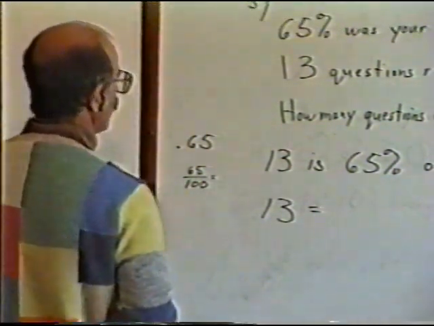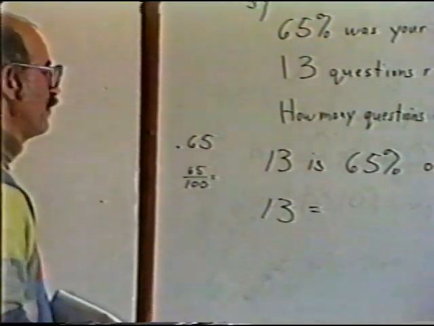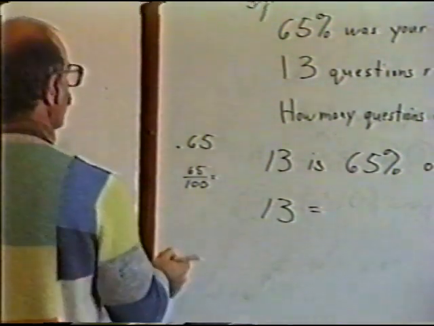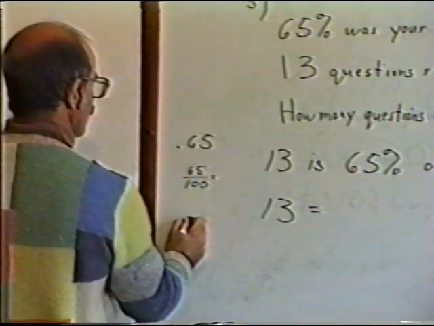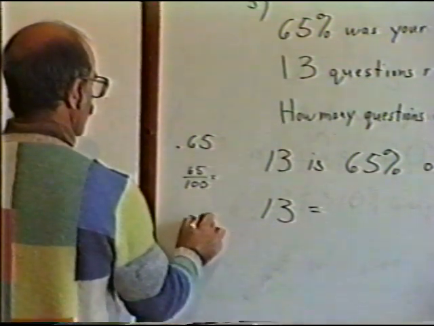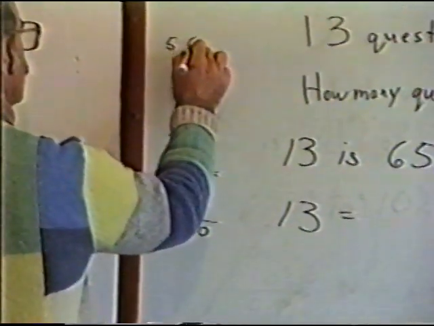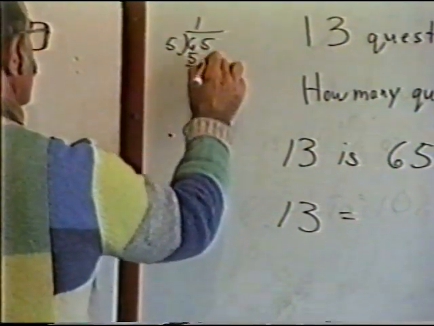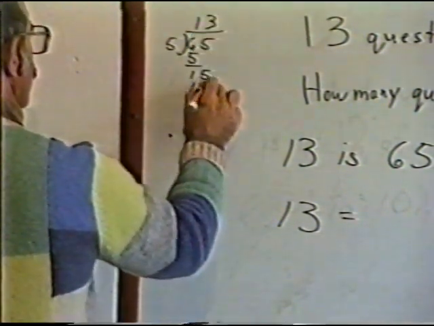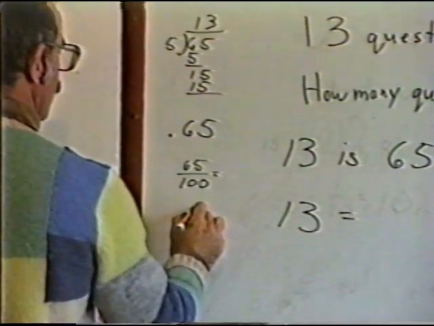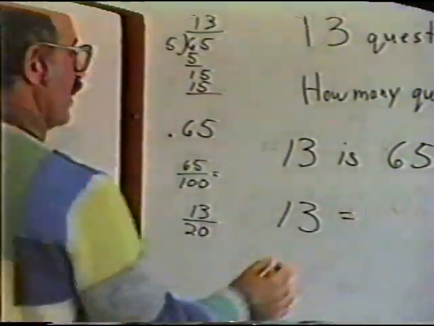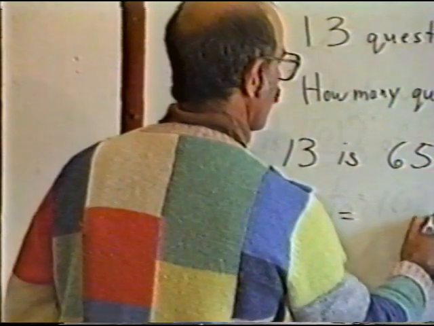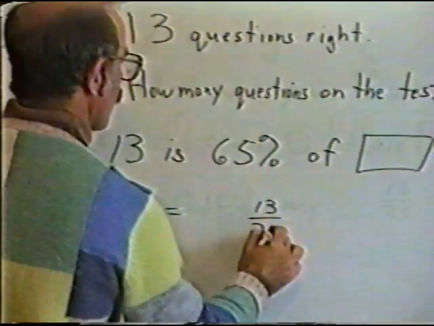Yes. We can reduce it by using what number? 5. 5 into 100 is 20, and 5 into 65 will give us 13. 13/20. 13 is 13/20